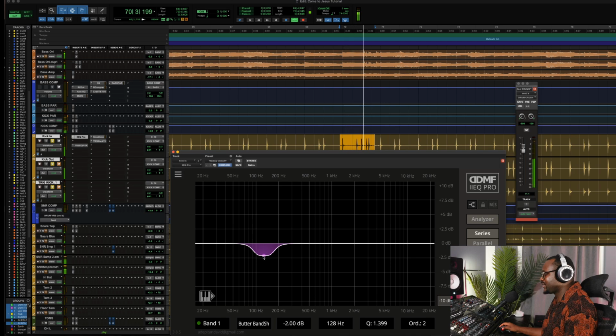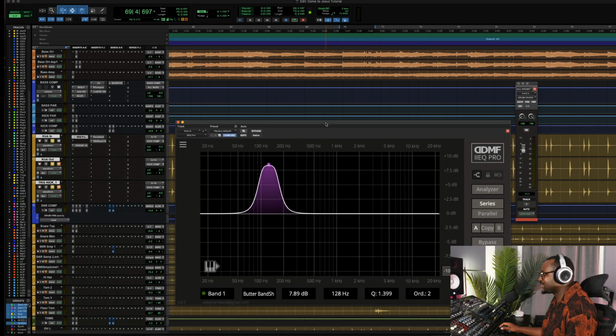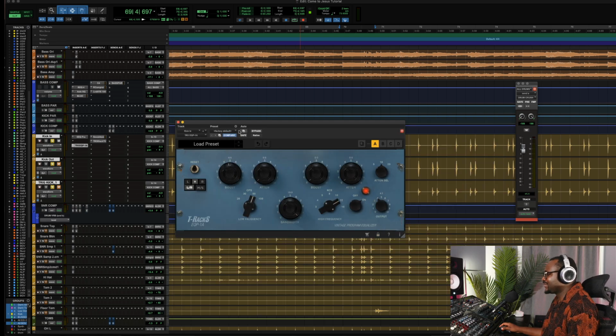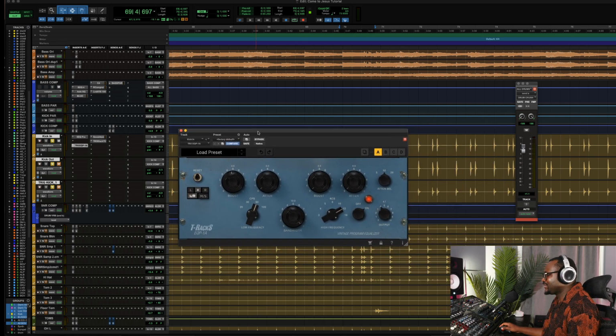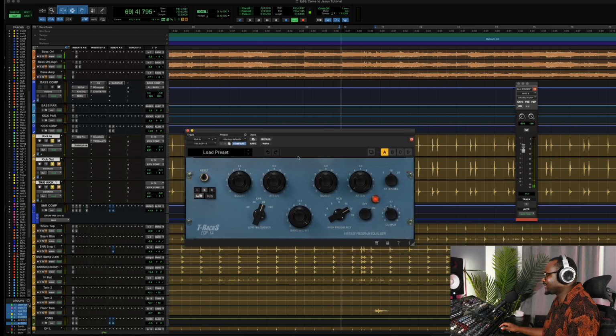Cutting out some frequency at, what is this? 128. Let's hear that. That doesn't sound good. This plugin doesn't have a back button, does it? Yeah, that'll be good. I like the sound of the plugin. That's why I use it. I don't use this a lot, but I'm just testing out low end to pull it up. I'm sure the kick out is giving, yeah,